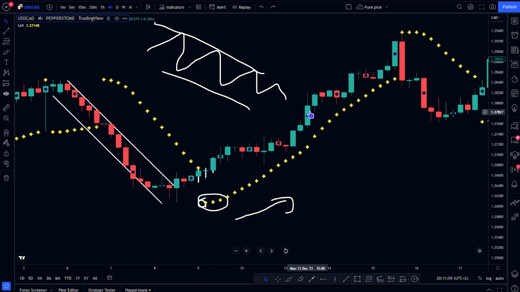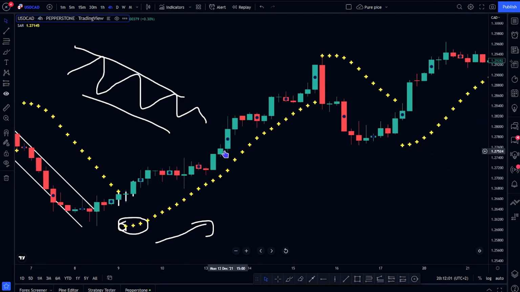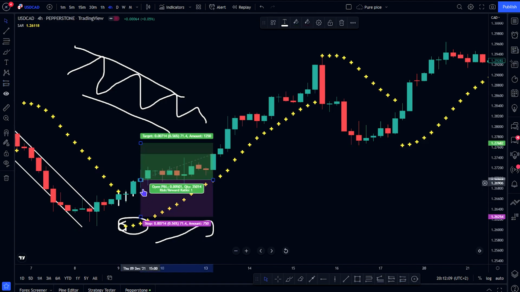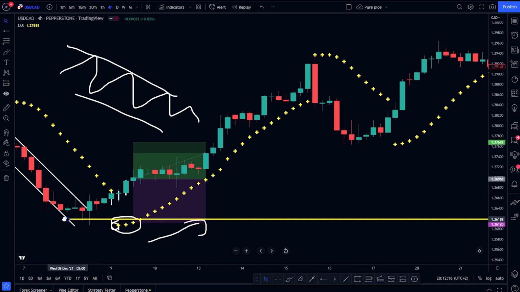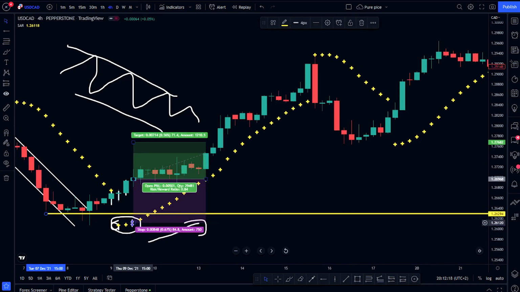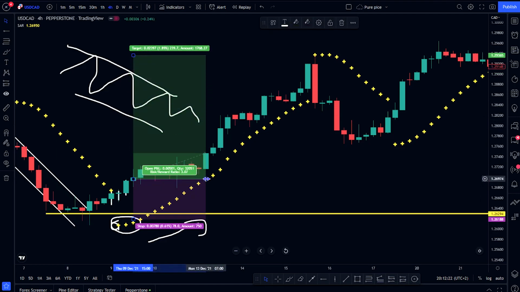Same thing applies after this upward wave finished. This indicator can also guide you in terms of where to exit your trade. For an example, let's say you've executed your trade all the way there, and obviously position your stop loss just right below that low. Let me indicate with a horizontal line right below that low there. Maybe let's say that's where you position your stop loss, and then it's gonna tell you when to exactly exit